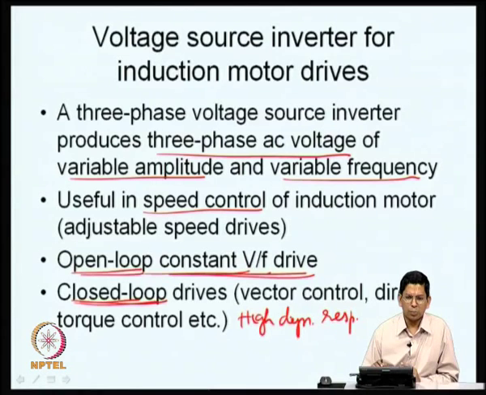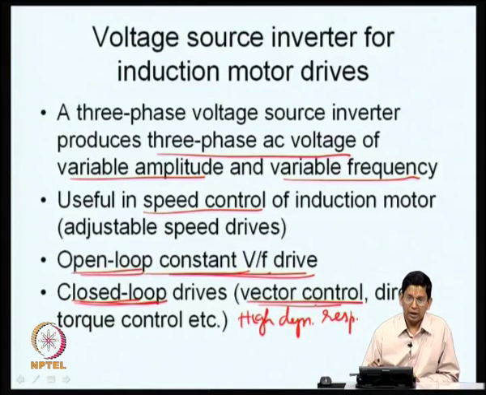By appropriate modeling, it is possible for us to determine what is the torque producing component and what is the flux producing component. We can control these two in a fairly independent fashion. It is possible for us to change only the torque producing component of the current without changing the flux producing component of the current. That is what in essence is vector control. In a DC motor drive, you can leave the field current unchanged and only change the armature voltage and armature current. So, you can just change the torque without changing flux.